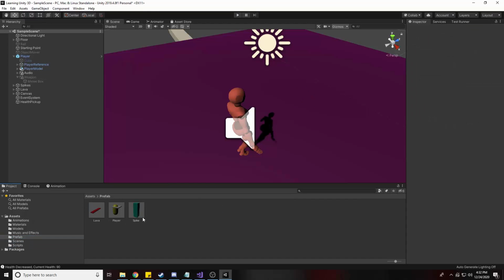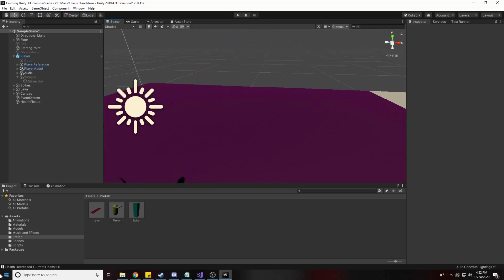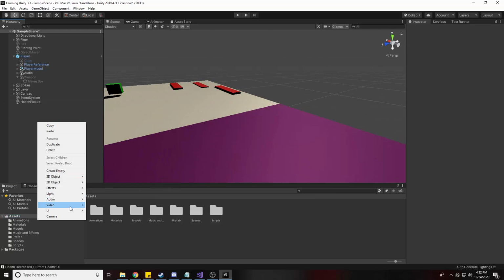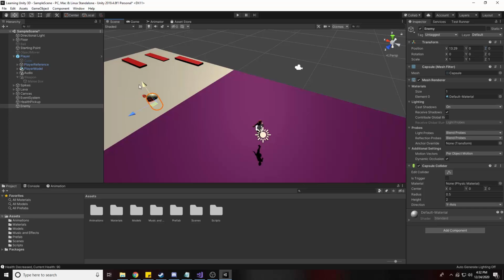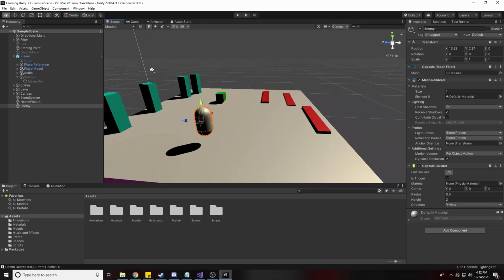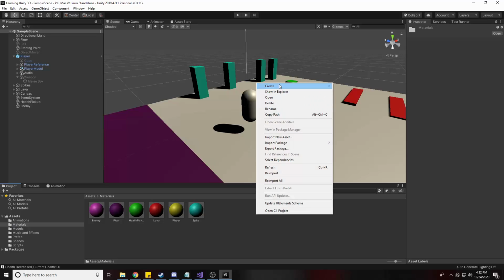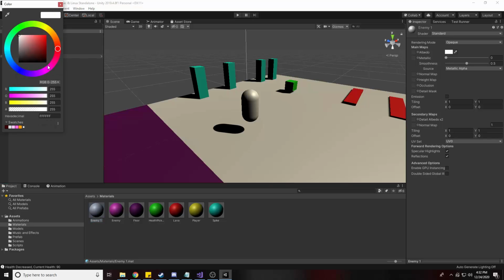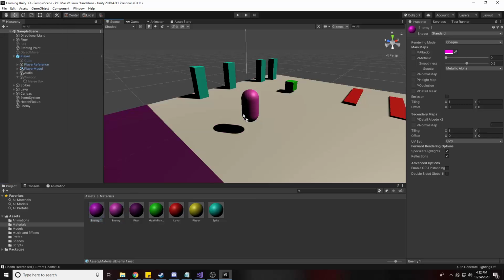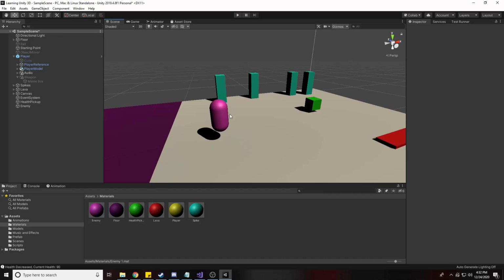Now we're going to look at making an enemy. So let's go ahead and make another capsule. 3D object, capsule. We'll call this one Enemy. I don't know why it's way over there, let's go ahead and fix that. Zero it out first, send it this way, move it up. And we'll create a material for him. Create material, Enemy. Change the albedo to make them pink. Bring that in. Okay, now that we got that,